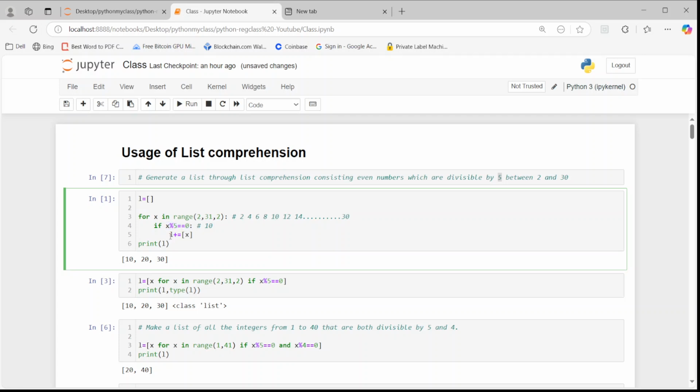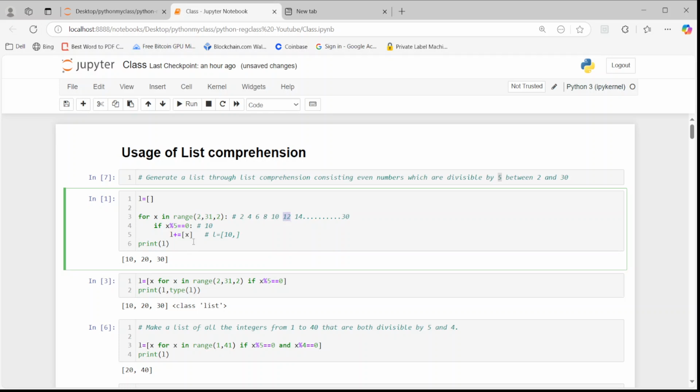Then the control goes to the next line where this extend operation happens. So L plus equals X. Internally, L was previously an empty list, and now it gets populated by the value of 10. Then the control goes from line number 5 to line number 3, because the for loop has to continue, run and complete. So a comma appears here because now the for loop runs again and x moves to the next value,